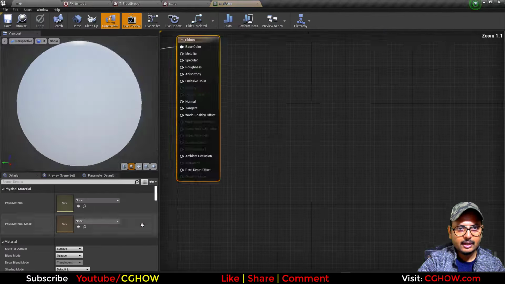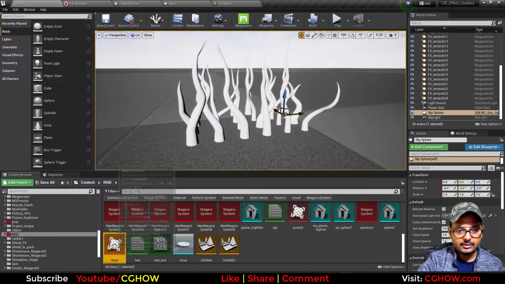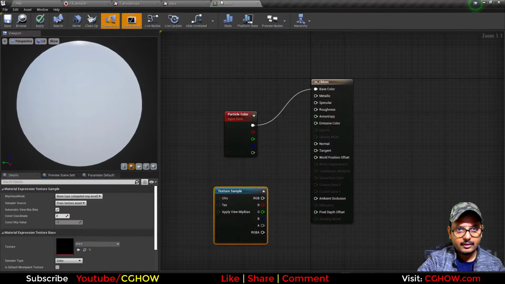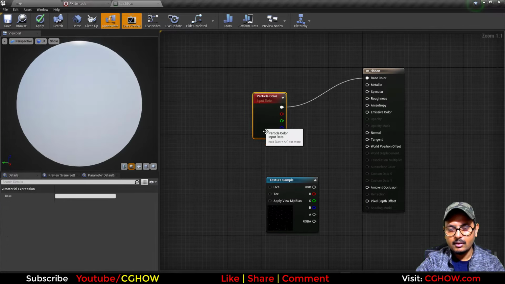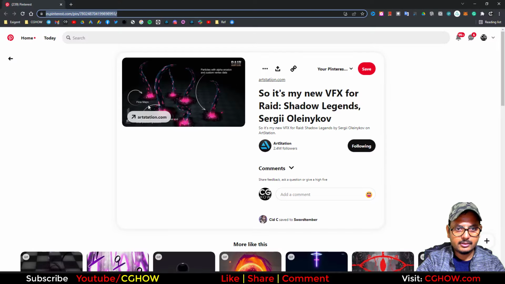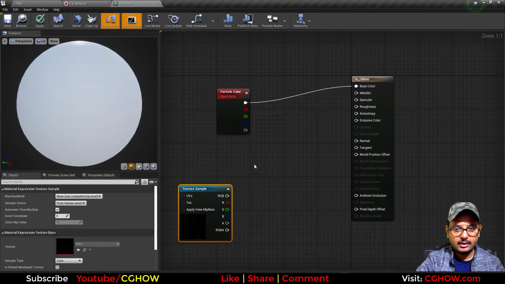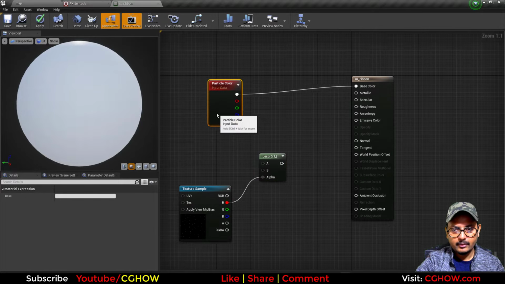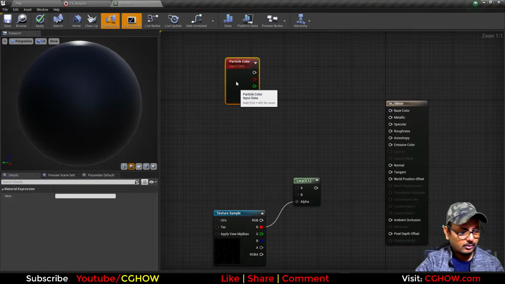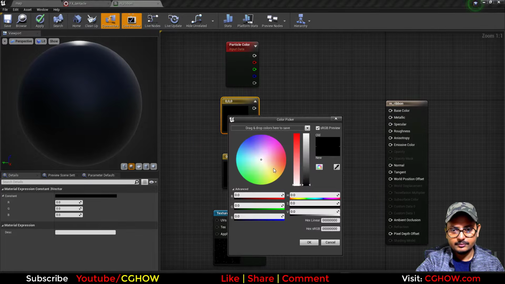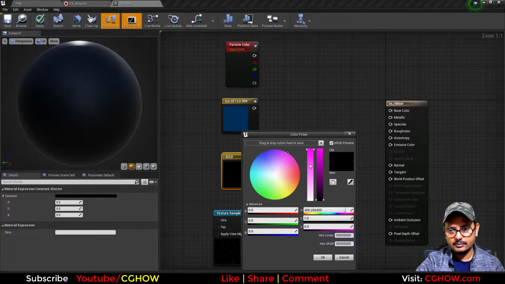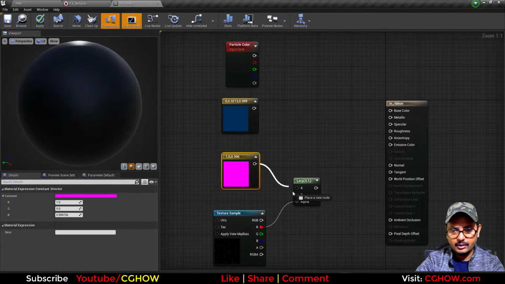open this material, ribbon, and I'll use this texture here. Close these things, and it is like blue then purple dots. So you can take a lerp, and instead of this I'll take two colors, blue, dark blue, and purple. I'll connect these here,